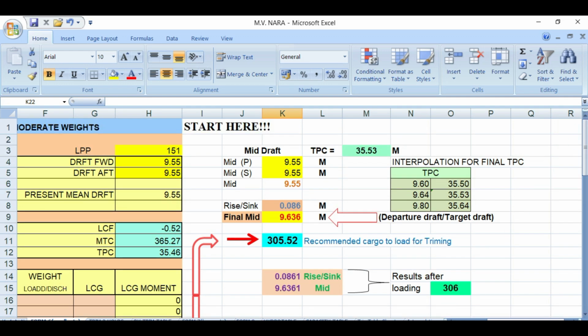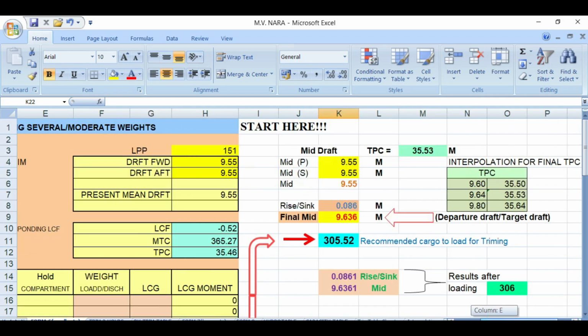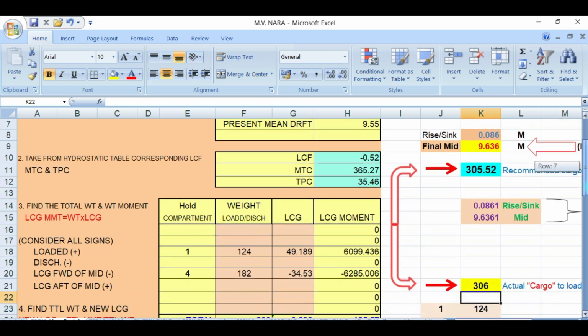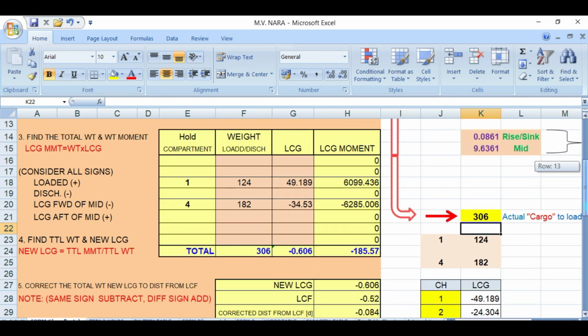By the way, this program here says how to find new trim when handling several moderate weights. Okay. So here, number 1, you load 124, which is this one, and number 4 will be 182. Total of 306. So the same here, 306.